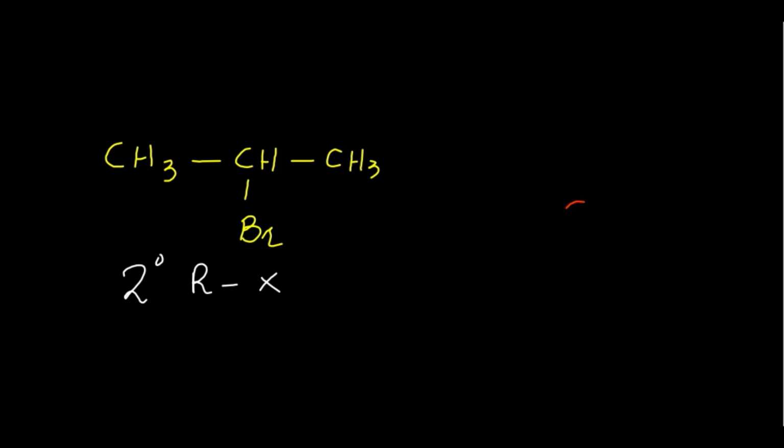Similarly, we will see one more example to understand the concept. If we have a molecule like this, CH3, and if a halogen atom is attached with this carbon, then we'll see what is the nature of this alkyl halide molecule, students. Halogen atom is attached with this carbon. What is the nature of this carbon, students? Yes, this is secondary carbon.